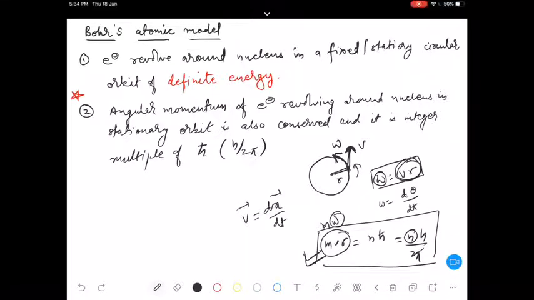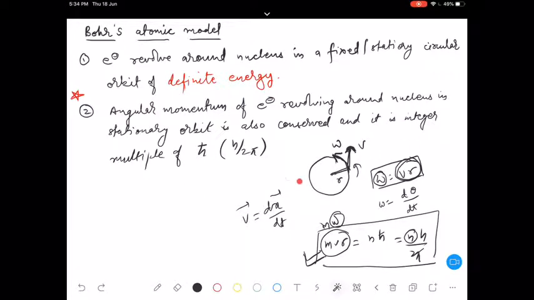With the help of that dual nature theory, we were able to define that yes, angular momentum is an integer multiple of h cross. Okay, so this mathematical part of the second postulate we will be discussing when we discuss de Broglie's relationship. Okay, so up to these two postulates, I guess there should not be any doubt.